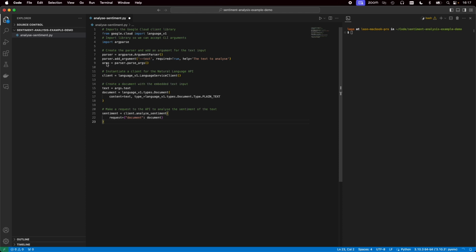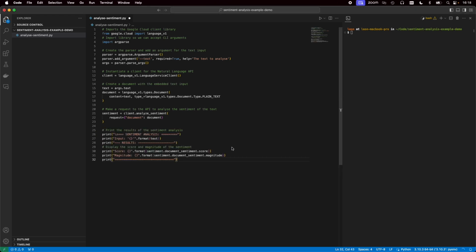So we're simply taking the input that's passed in by the CLI argument. We are then creating a document, specifying the content of that document to be the text that's passed from the CLI, and then we make a request to the Natural Language API with that document, and then we store the results in the sentiment variable. Then we're just going to output the result of that request to the console,